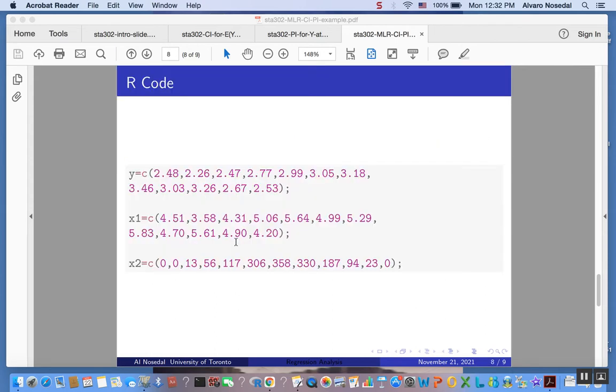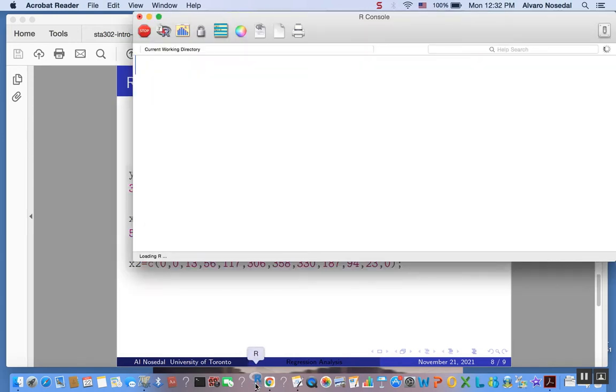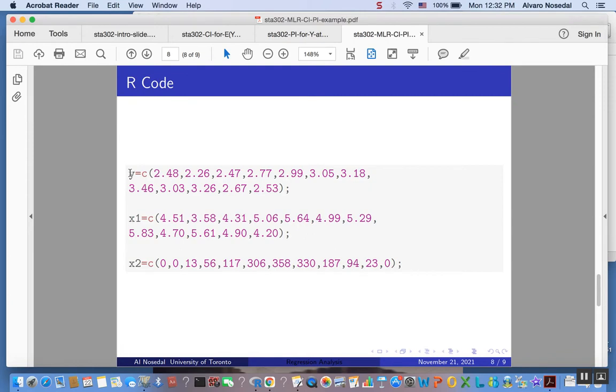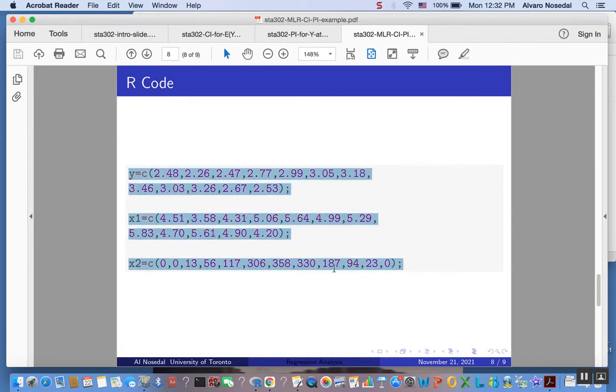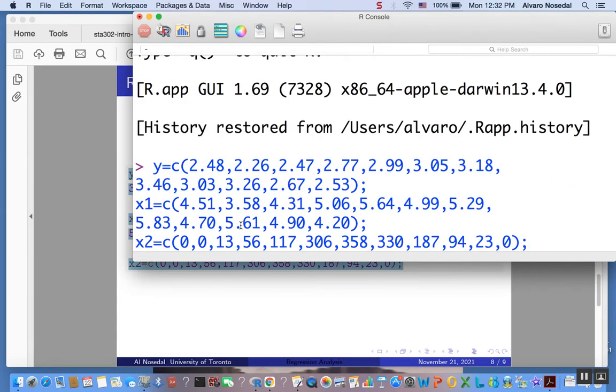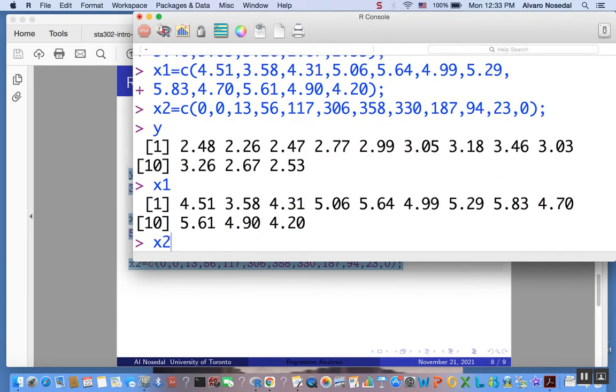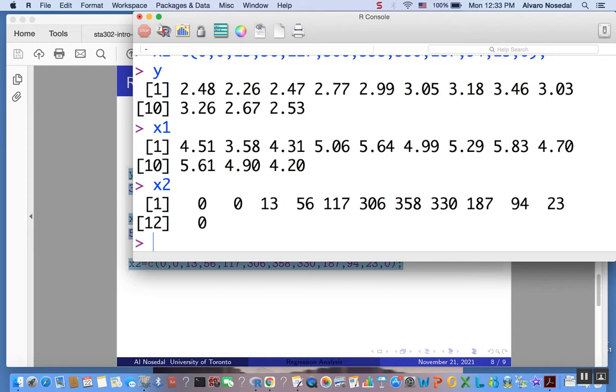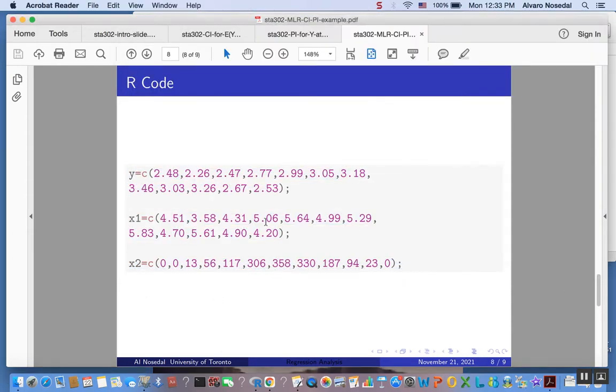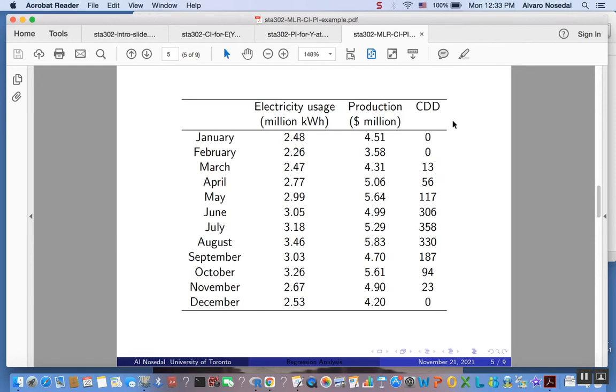So let's use R. First step, as usual, let's enter the data. So let me launch R, and I'm going to copy paste this. Okay, Y, X1, X2. Okay, looks good. It seems to be what we want. Okay, if we compare that to our table, yeah, looks good. Okay,